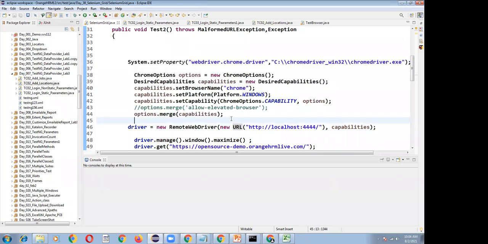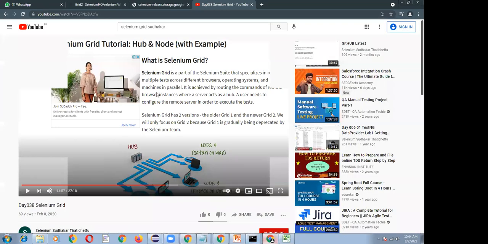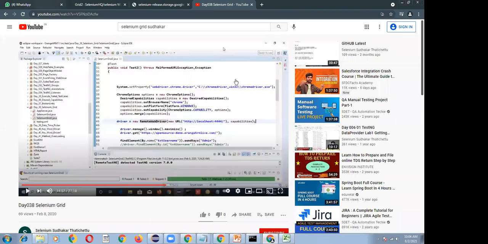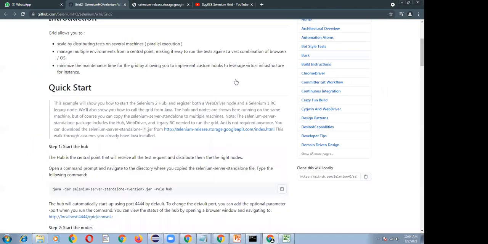So to launch and execute in the remote node system, what are the points that you have to take care of? You have to download the Selenium server jar file in your system, and you have to navigate to the command prompt.